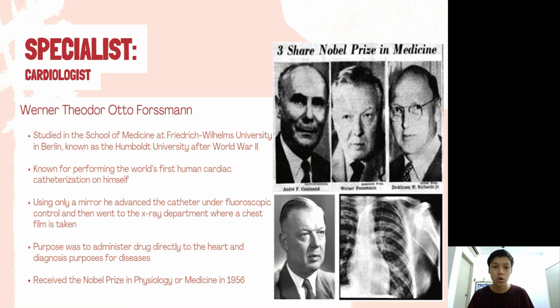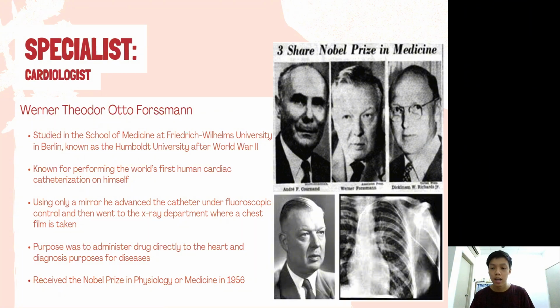His name is Werner Theodor Otto Forssmann. Now, this doctor studied in the School of Medicine at Friedrich Wilhelms University, and after World War II, it's known as the Humboldt University. So, why is this person famous? What did he contribute? So, this doctor is known for performing the world's first human cardiac catheterization, and he performed